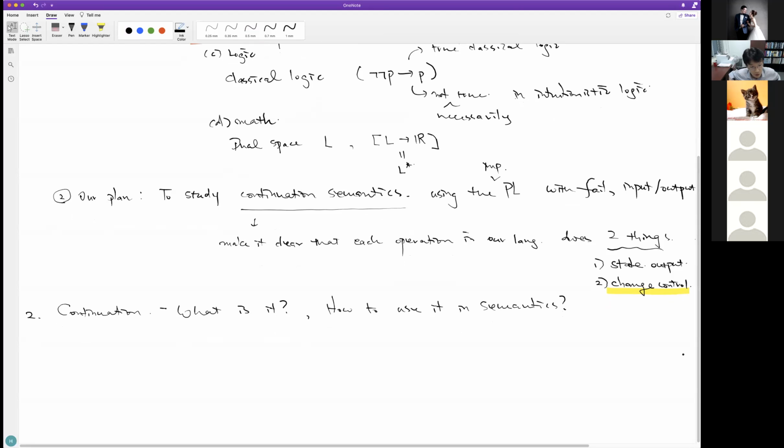So the continuation is nothing but, intuitively, let's start with the mathematical. A continuation is an element.